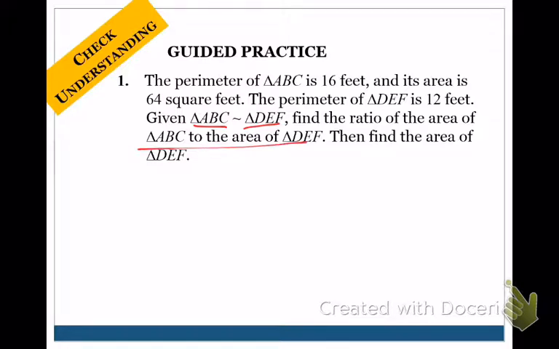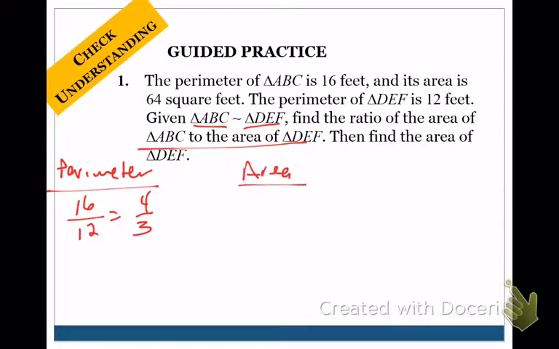Well, we know that the perimeters are going to be of the ratio of 16 feet to 12 feet, which reduces down into 4 to 3. We know that the ratio of the perimeters is equal to the scale factor, and that the area is equal to the scale factor squared. So I've got the area of ABC, which is 64. Don't know the area of DEF, but I know it has to be equal to 4/3 squared, so 16 over 9. And so we cross